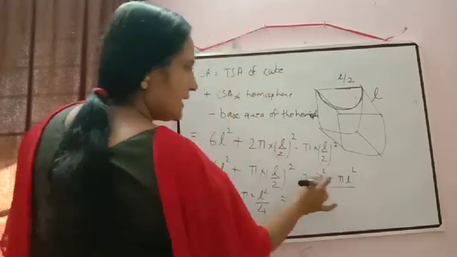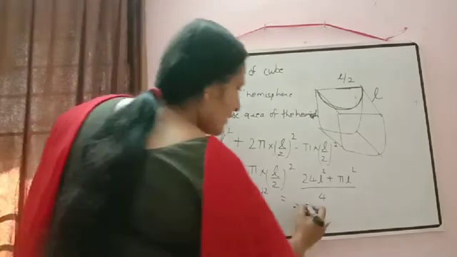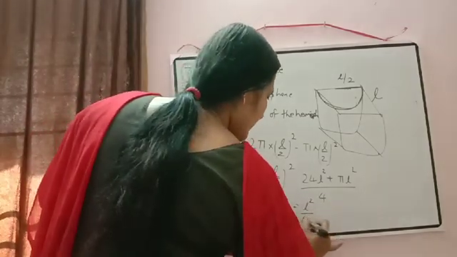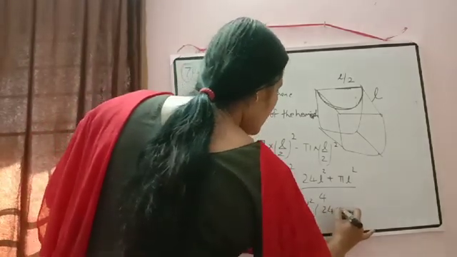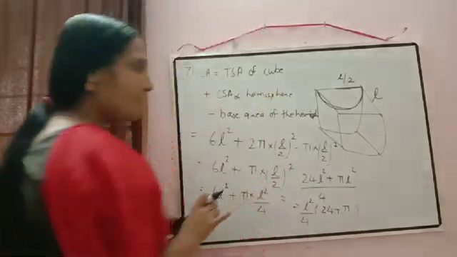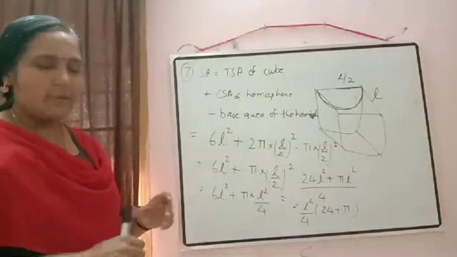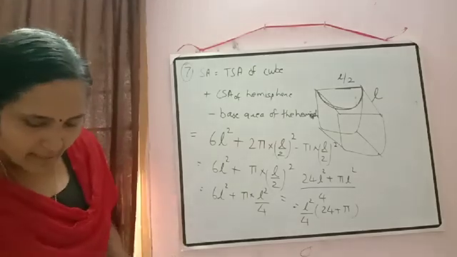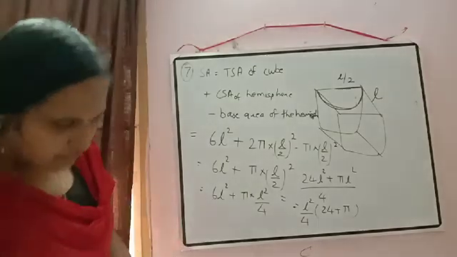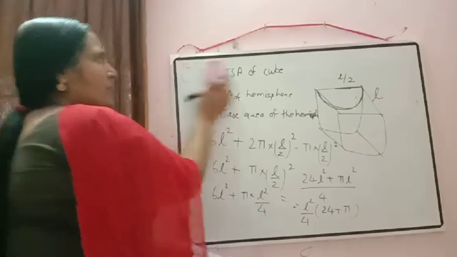Now if you want, you can take L square common. So it will be in this way: L square by 4 into 24 plus pi. So it's my suggestion there: whenever a question is there, you imagine the solid and then imagine what are the areas you have to paint there. Then only you will get the